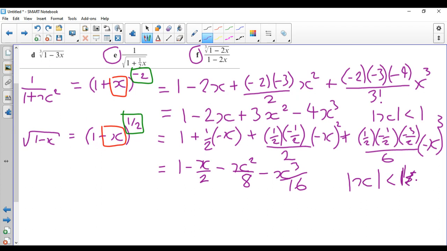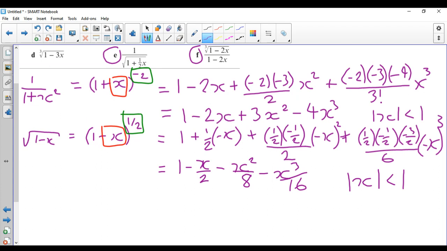Sorry, thinking about one of the future questions. Actually, let's neaten that up, make a bit more of an effort. There we go, modulus of x is less than 1 again. So it's really only a numerical value in front of the x that you need to worry about in the validity. The sign does not matter. Right, go on to